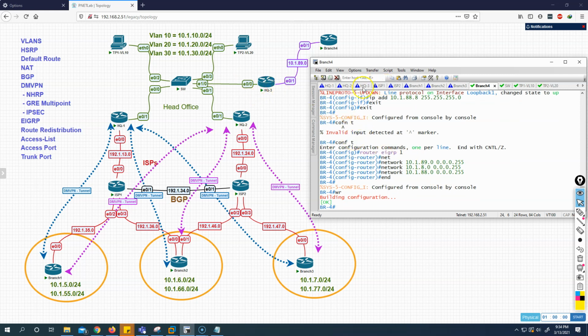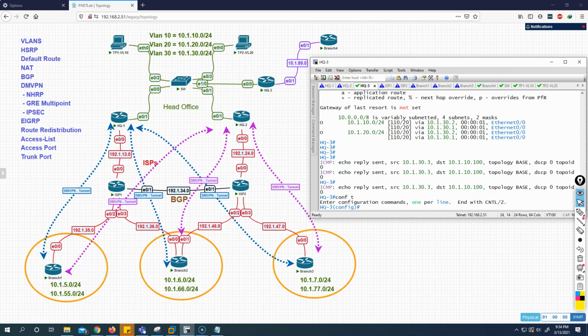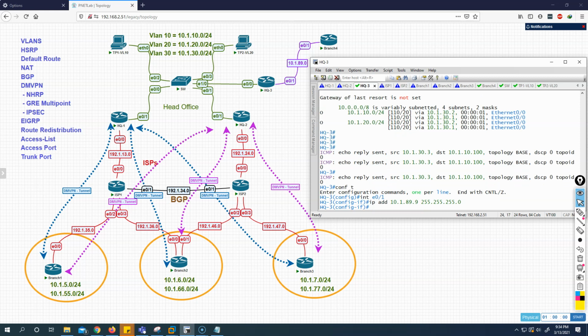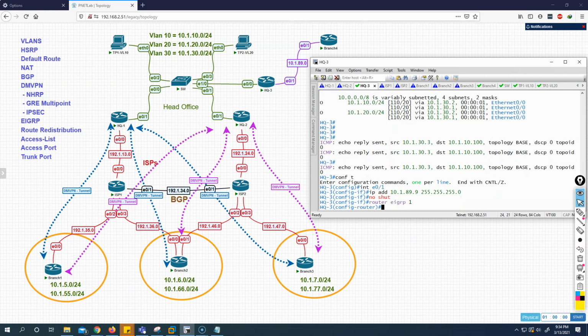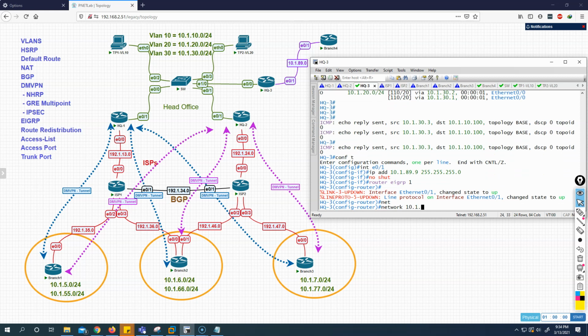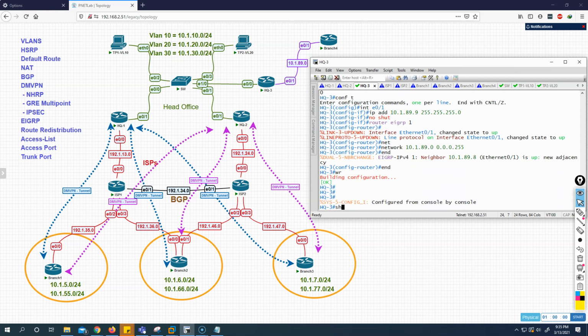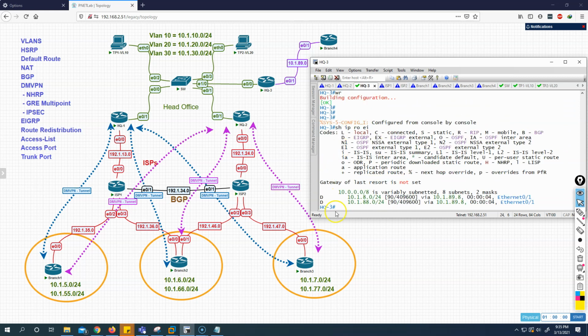Then we will move to headquarter 3, and what we will do here is that first of all, we will make sure that we have our IP address assigned, right? And no shut, and we'll do router EIGRP 1, and the network in that one is only 89.0. So now if I do show ip route eigrp, this router knows about 10.1.8 and 10.1.88, but